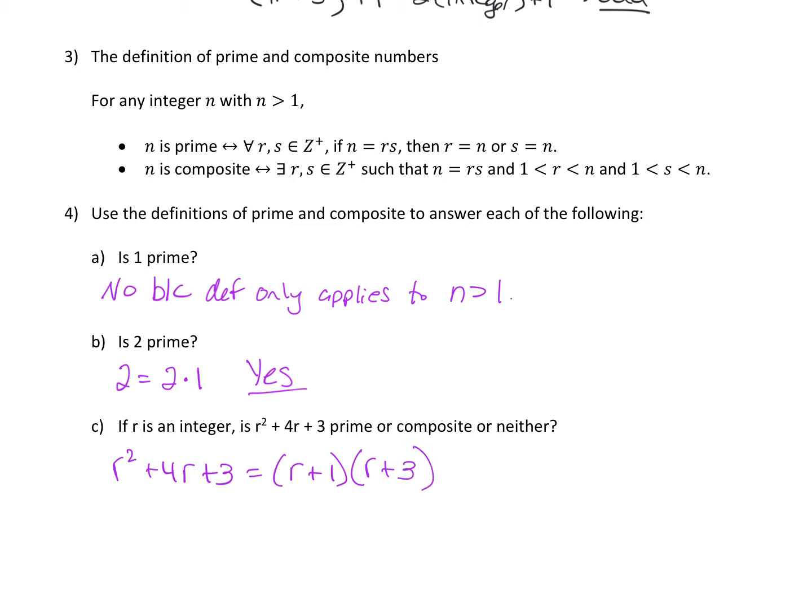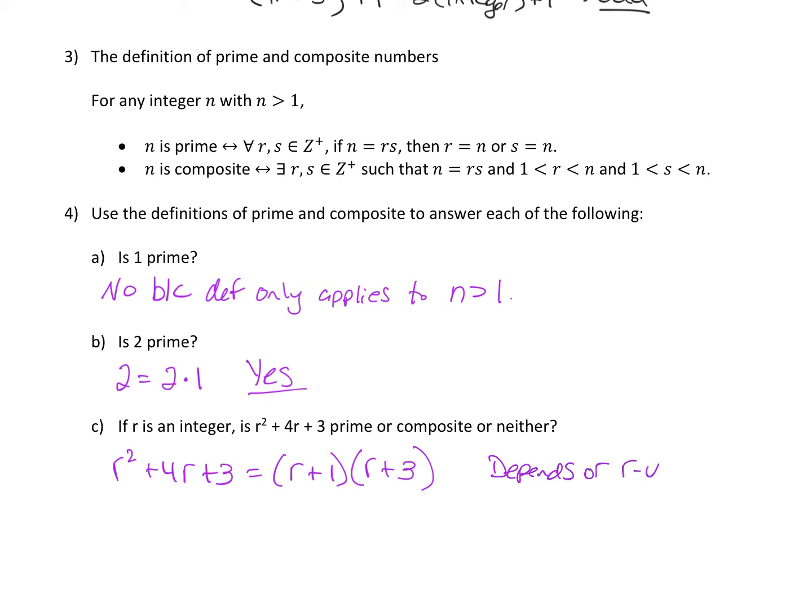Now, for r squared plus 4r plus 3 to be prime, that means that one of these numbers has to be the original, and one of these numbers has to be 1. So it is possible to make one of these factors 1 depending on the choice of r. So is this expression prime, composite, or neither? It depends